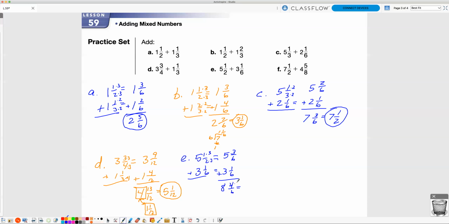Since 4 is divisible by 2 and 6 is divisible by 2, this would be the same as 2/3. We have to remember the 8 wholes there, so 8 2/3 is the reduced fraction mixed number. And then letter F, 7 1/2